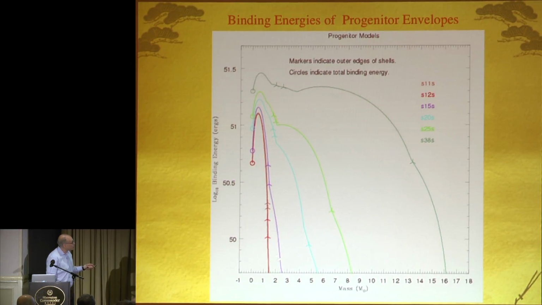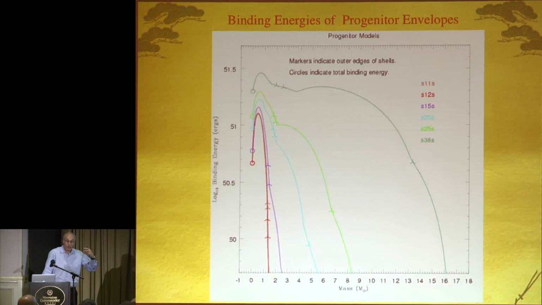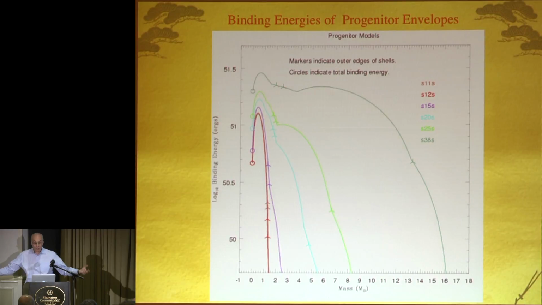This is the binding energy in the progenitor models exterior to 1 solar mass, 2 solar masses, 3 solar masses. If you want to leave behind a neutron star of 1.5 solar masses baryonic, then you have to eject the material. Go to 1.5, go to the progenitor. You have to eject all that energy. And for a number of progenitors in the literature, that energy is 10 to the 51 ergs. That means if your explosion is 10 to the 51 ergs, you get nothing at infinity. So we have to get 2 times 10 to the 51 to get 10 to the 51 for many, many models. That may be a reason that some of these models don't explode.